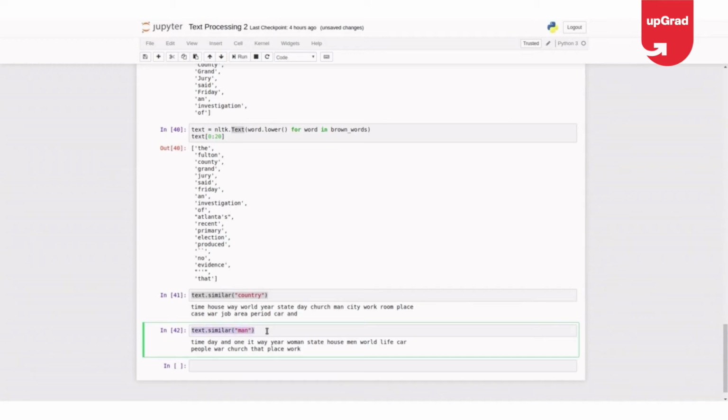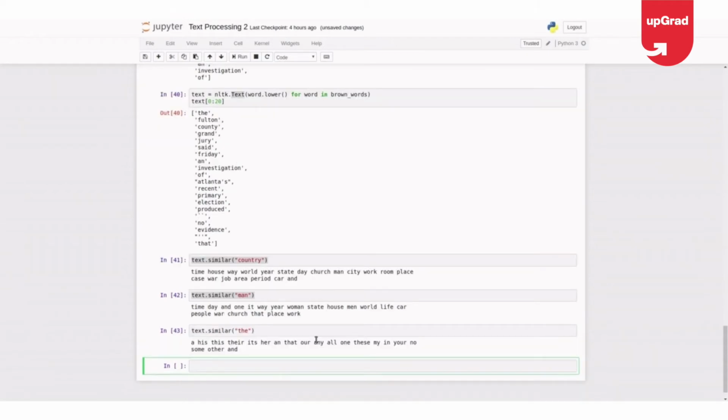Let me see something like some. The, a, his, their. I think all of them are similar types of words: a, the, and the conjunctions or prepositions. So I think most of them come in a similar manner because the parts of speech also match with most of them or nearest. So this is how you can find the similar words and also the POS tags in NLTK.